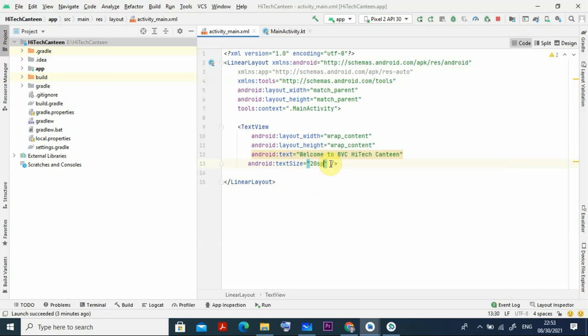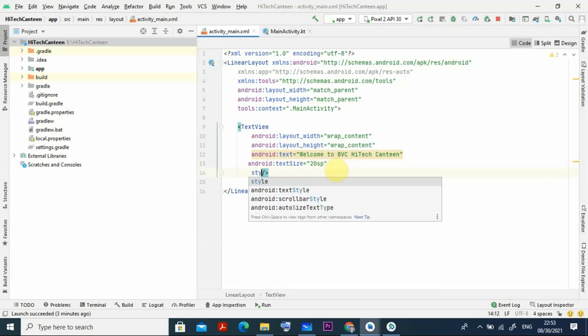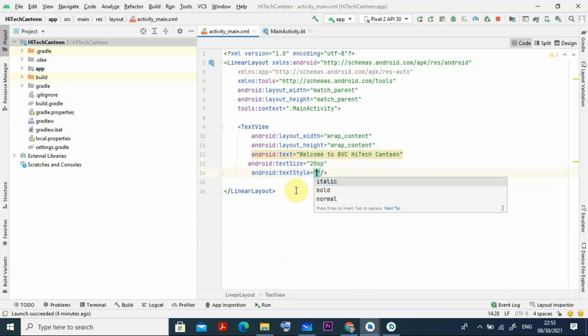And then if you want to give the style property, you just type style. You can see under text style it is coming. Don't go for the scroll library type; just go for the text style. Can you see here we are having bold? Double click on bold, then use the or sign and type i, and italic will come. So that means I want bold and italic, and the font size 20.